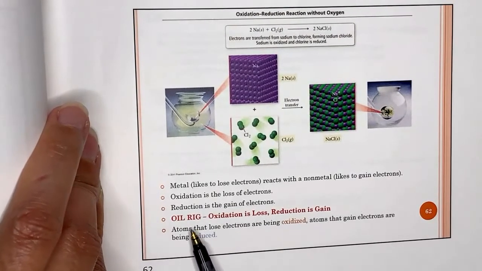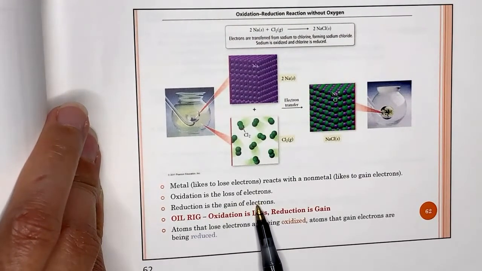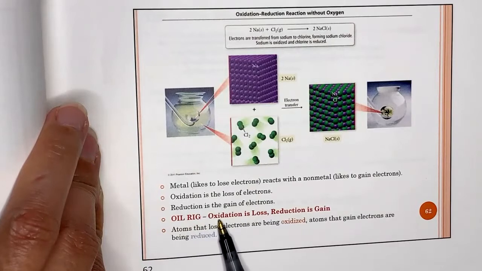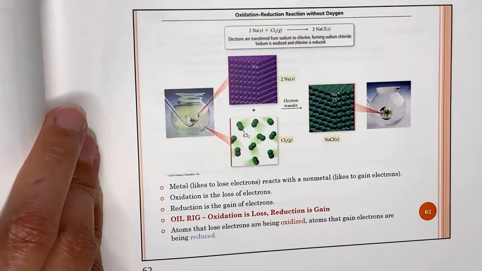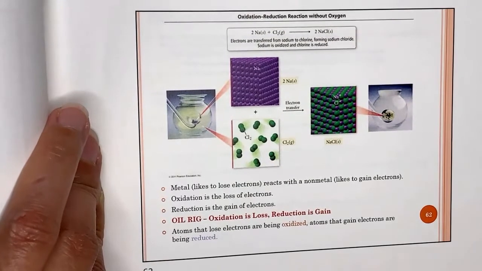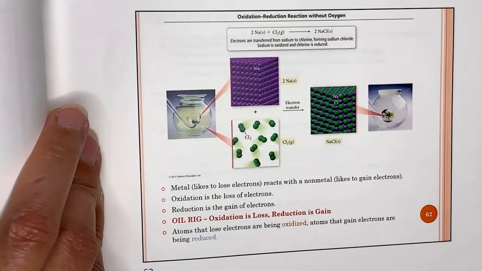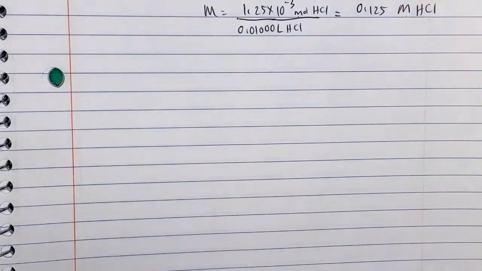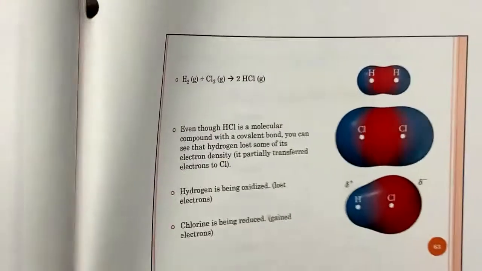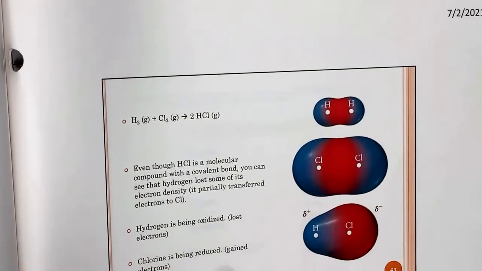So in this case here, when you talk about losing electrons and gaining electrons, oxidation is the process where you lose electrons. Reduction is the process where you gain electrons. That's only if you're talking electrons, if you can see the electrons. And if you have a hard time visualizing electrons, then don't worry about this because I'll teach you another way to determine who's being oxidized and reduced, okay? So the best way to do this is, for example, in this case here,